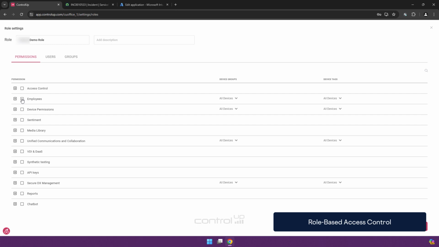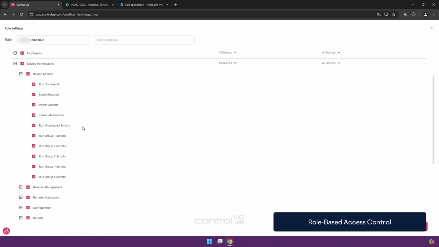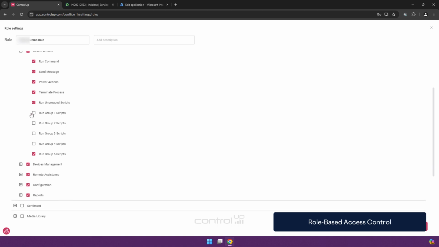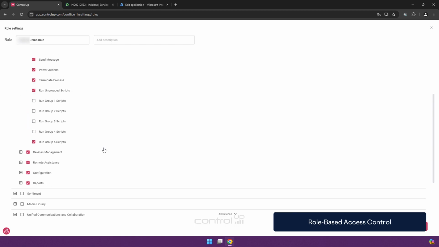So in our example, we are going to give it the employee dashboards, device permissions. If you want to restrict the usage of certain scripts, you can exclude certain script groups. And I want to have the chatbot.